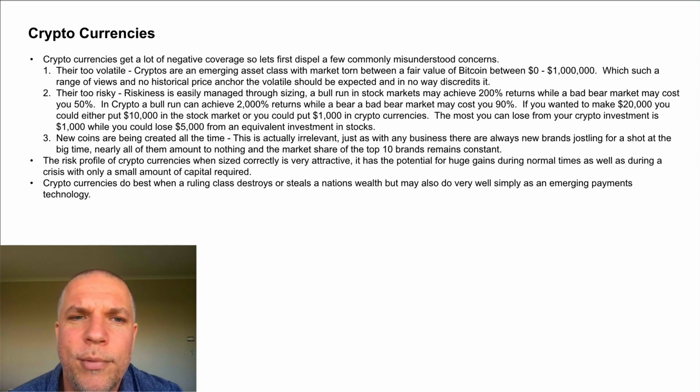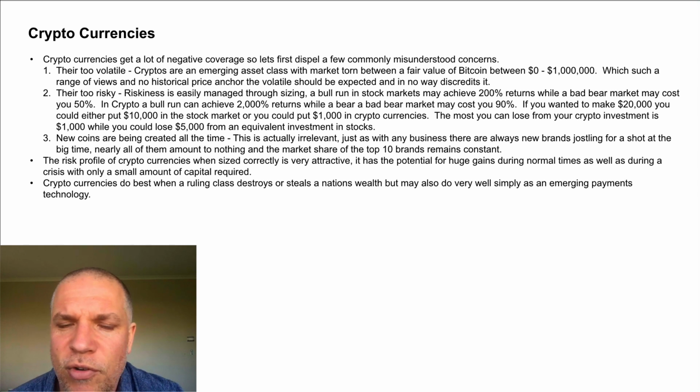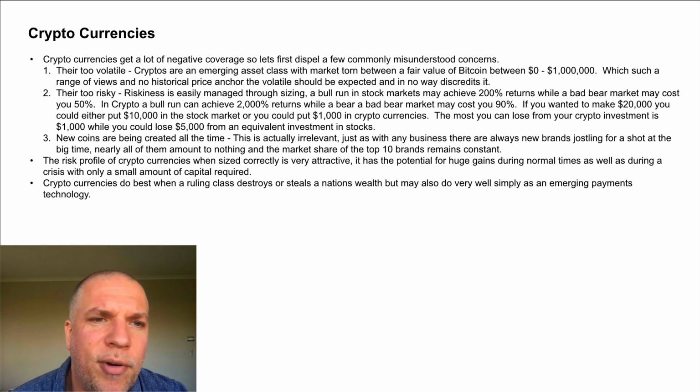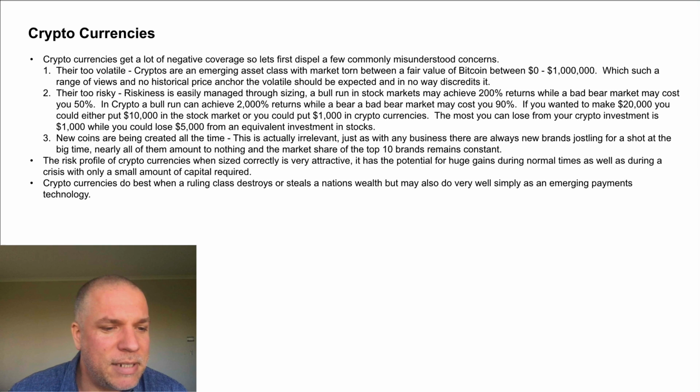So if the system really gets corrupt or completely implodes, or a desperate government is trying to seize assets, a socialist government trying to seize assets, it's the only asset which is immune, safe from all that. So that's why I bring up cryptocurrencies and would suggest they're also a useful asset class as we go through some of these scenarios. And that really leads us to the end of the presentation.